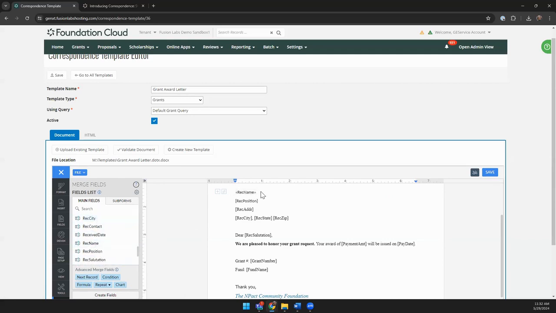There we go. You dropped it in. So it looks like you'll need to take all of your merge fields if you do this and delete them and replace them manually with the new merge fields. It looks like you might need to reformat them as well. If I go to the Format tab,